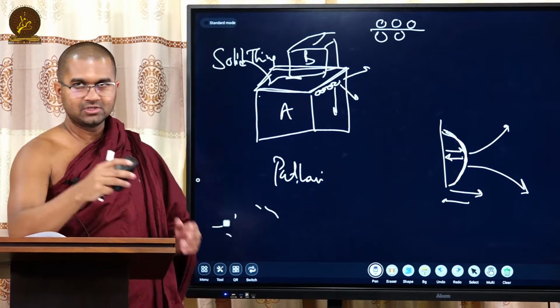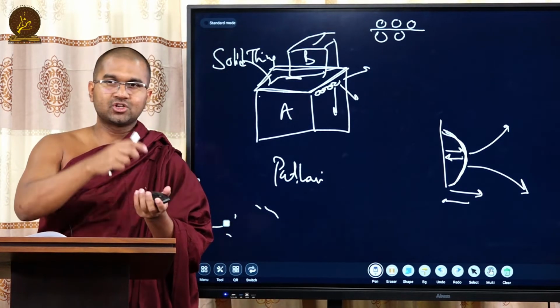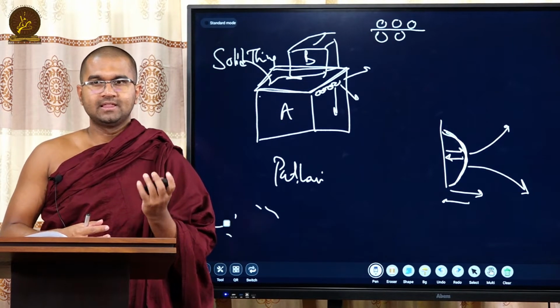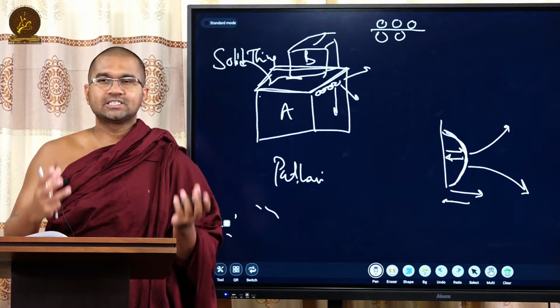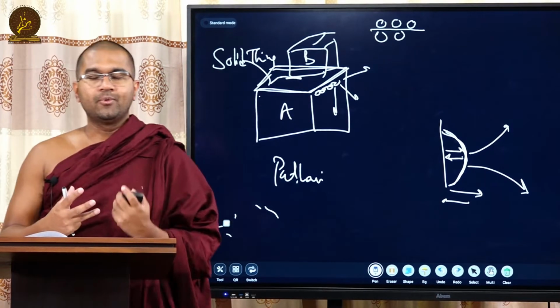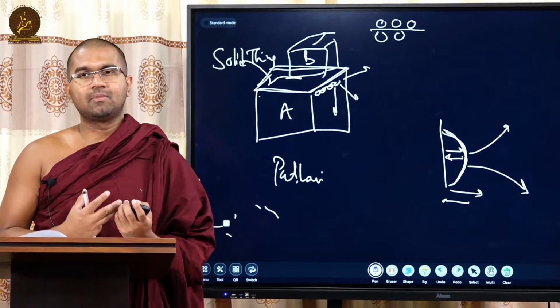For example, with the mouse, you can feel it doesn't let another solid go through. This is hardness. This hardness is not the mouse. Then the particles in it are not scattering in the space. They are held together. So this is the apo, or the cohesion. This is not the mouse.